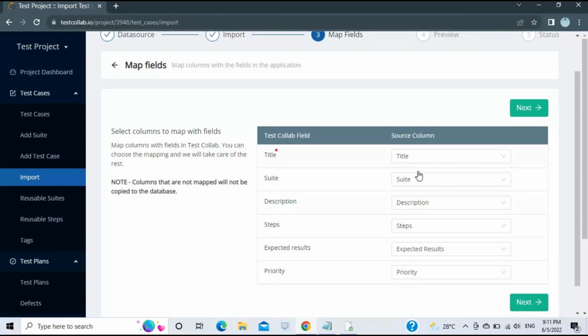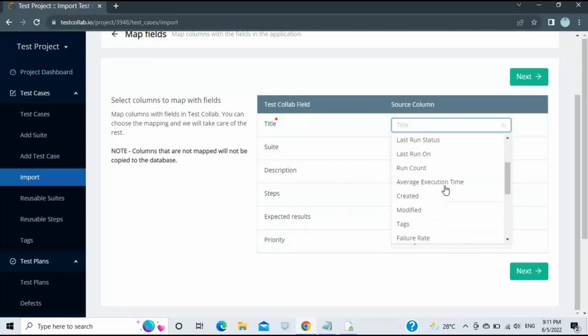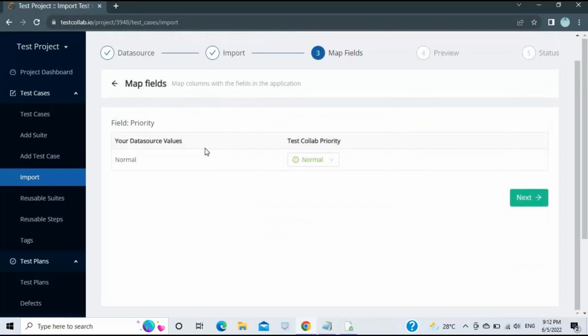Right. So I'll take the source column as it is. Right, so title will be mapped to title, suite will be mapped to suite, description will be mapped to description, steps to steps, expected results to expected results, and priority to priority. You can change that as well. If in your sheet some other name is there, like whatever you want to map, you can change it here as well. So a kind of customization they have given you. Right, so after filling all these details, you click on next, and